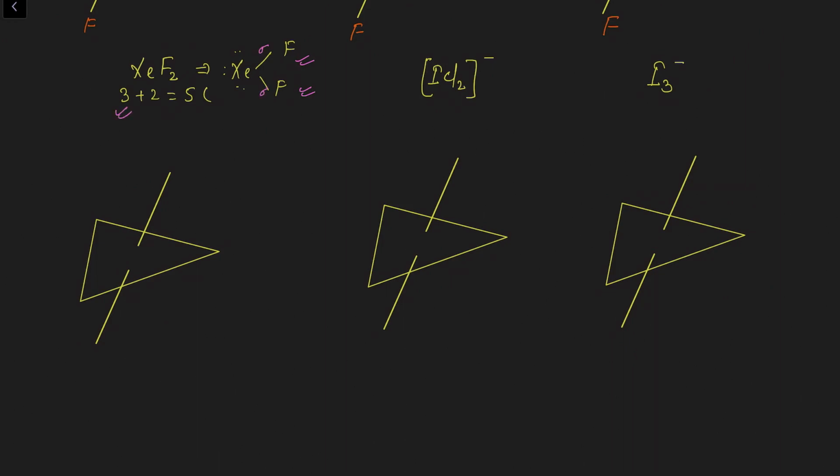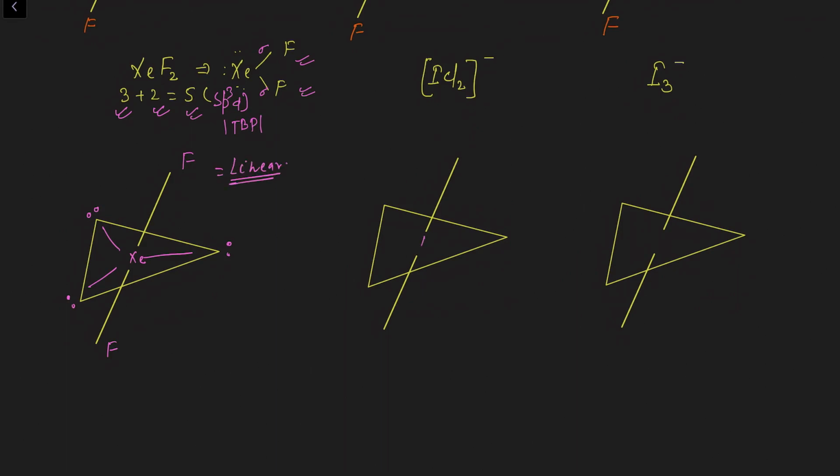In xenon fluoride, 2 fluorine atoms are forming 2 sigma bonds and there are 3 lone pairs of electrons. So 3 lone pairs plus sigma bonds, steric number is 5. Hybridization is sp3d. Structure will be trigonal bipyramidal. But now the shape. This fluorine atom will occupy the axial position, more electronegative atom, right? Now check what is the shape of this. Shape is linear.